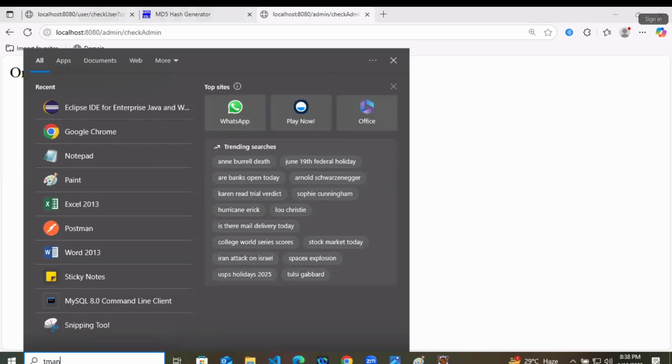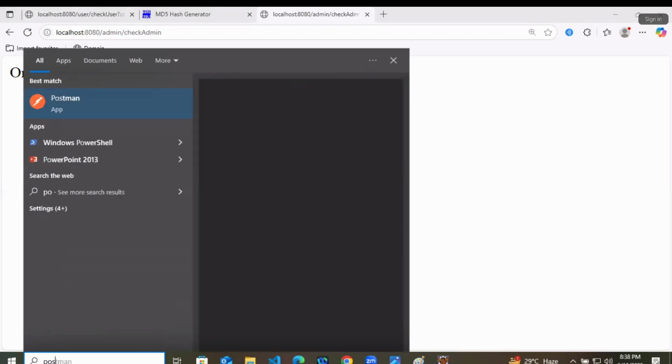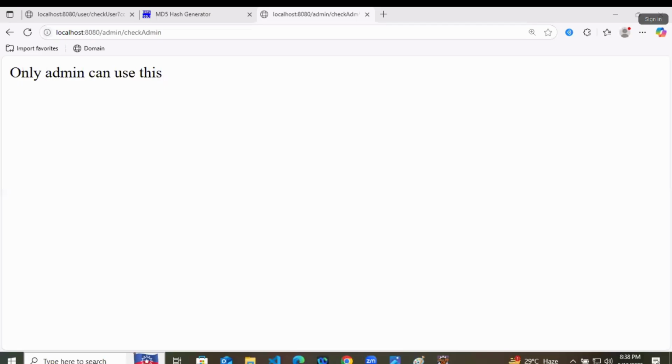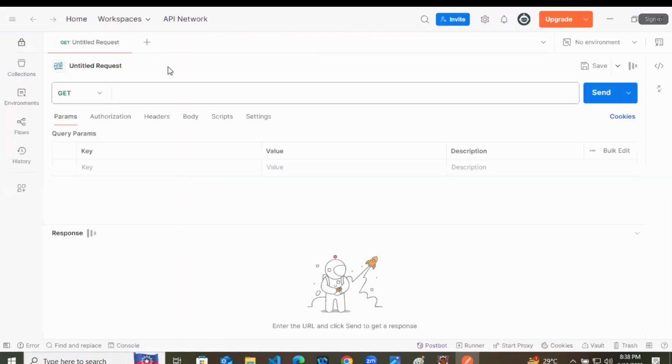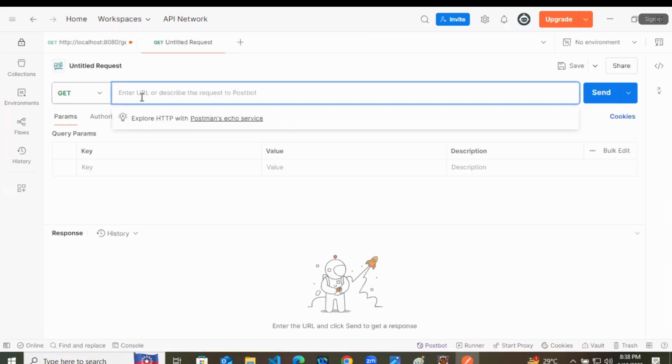Now, what will we do? We will go to Postman. And we are trying to do the same thing using Postman as well. So we are making a GET request to http://localhost:8080/public.